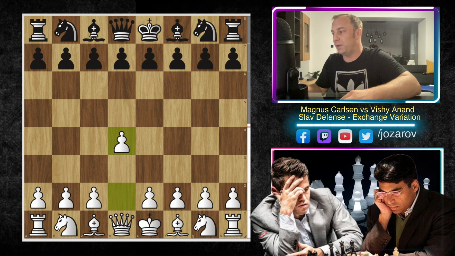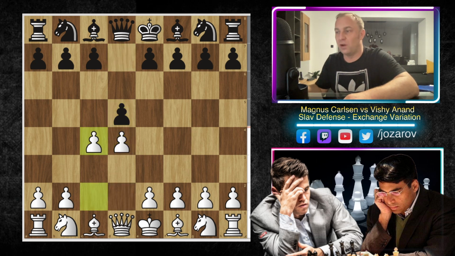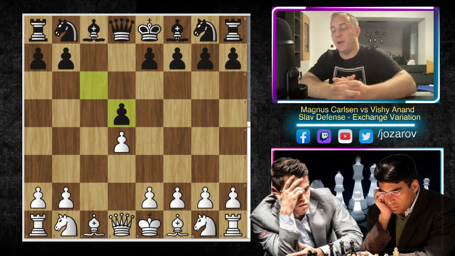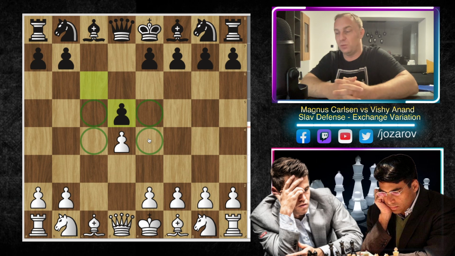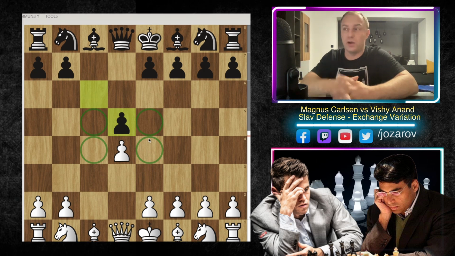So here d4 played by Magnus Carlsen, we have d5 by Vishy Anand, c4, c6, of course the Slav Defense, and now comes this early idea, c takes d5 and c takes d5. Okay, we have said the pawn structure is symmetrical, many pieces can of course play now. I'm pointing out again, these are the clear targets in the continuation of the game. White is trying outposts on c5 and e5, black is trying outposts on c4 and e4.